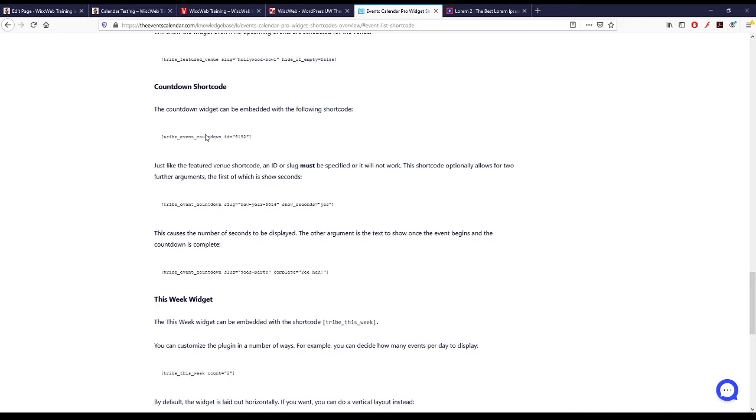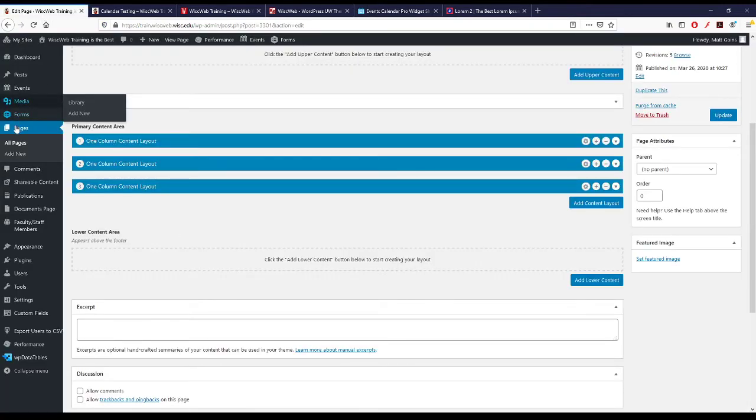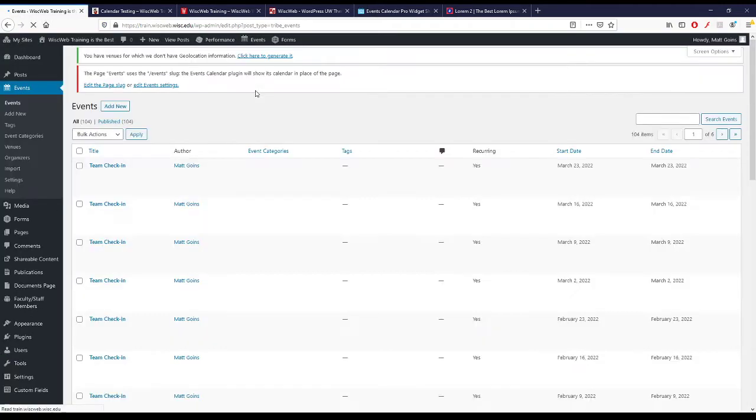Weirdly, we use both of those plugins for most of the function of us having an events calendar aspect to our service, but they also both have different short codes that can be used in different places, and they don't actually work together. So it's really weird, but I will show you what some of those differences are in a little bit. So let's head back into the events themselves,